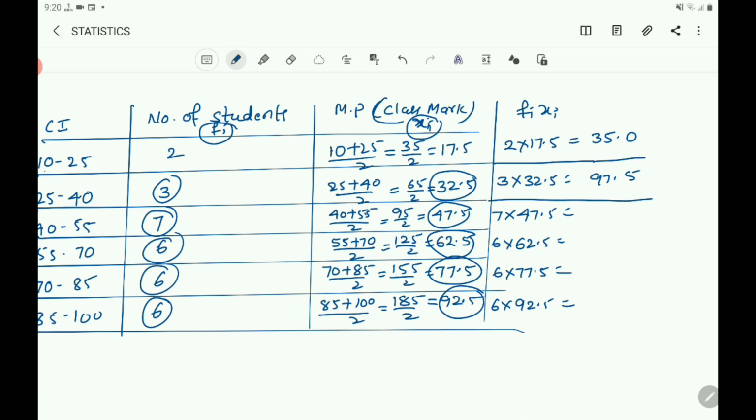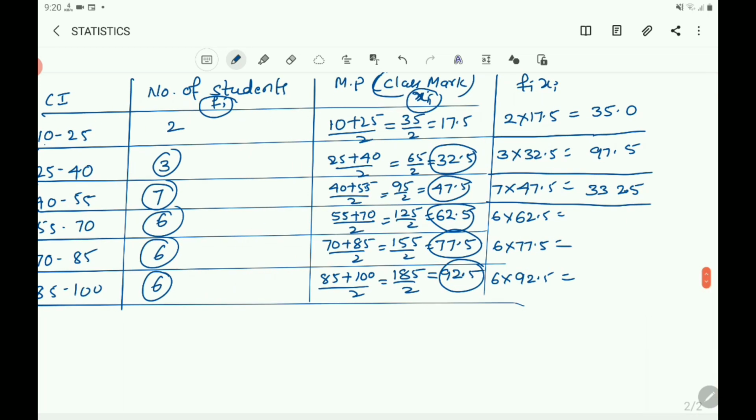Next, 7 into 47.5: 7 into 5 is 35, 7 into 7 is 49 plus 3 is 52, 7 into 4 is 28 plus 5 is 33. So you got